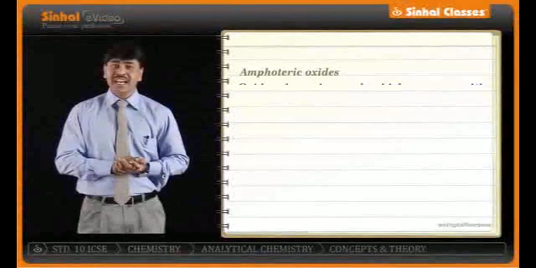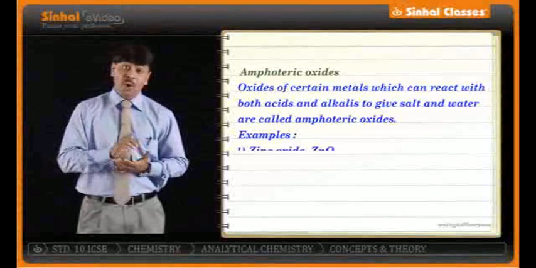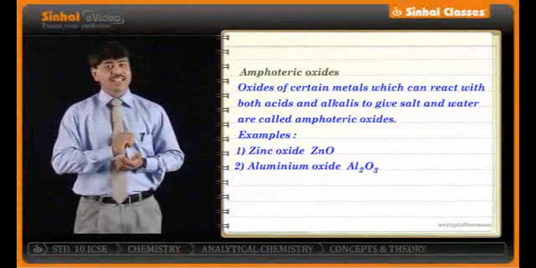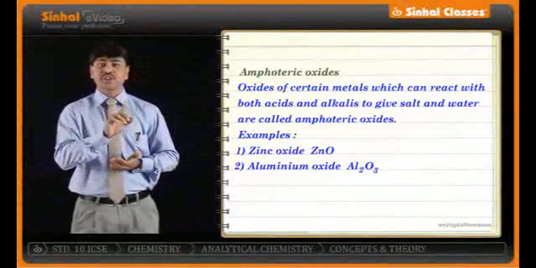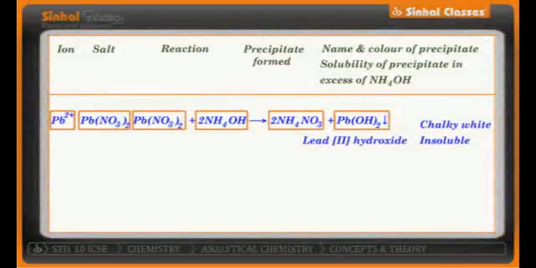What is an amphoteric oxide? An oxide of a metal which can react with both acid as well as base to give salt and water. Let us consider one more salt, and that is lead nitrate,